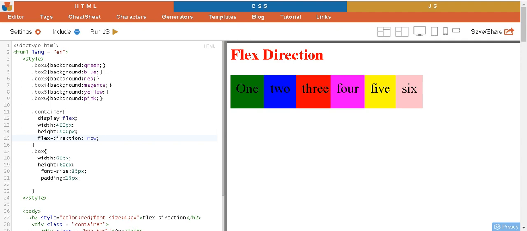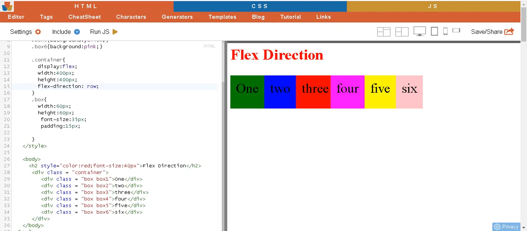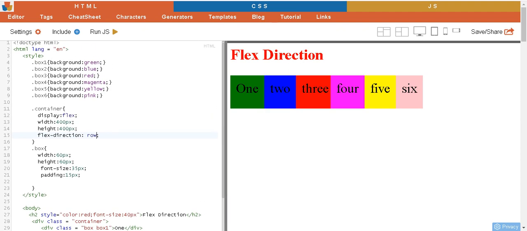So here you can see we have created a container. Inside that the child divisions are present. To make it display flex, we have to define this property and we have to make flex direction as row or column. Here I have mentioned flex direction as row. This property specifies the direction in which the elements of the flex container are to be placed. So let's see that. It is row. Let me put column.